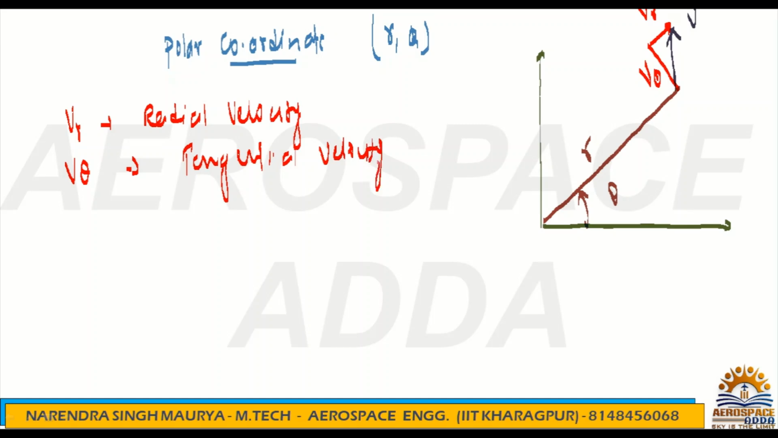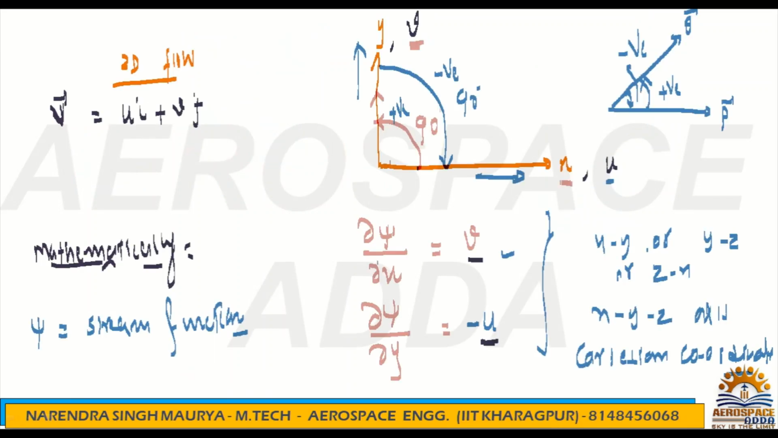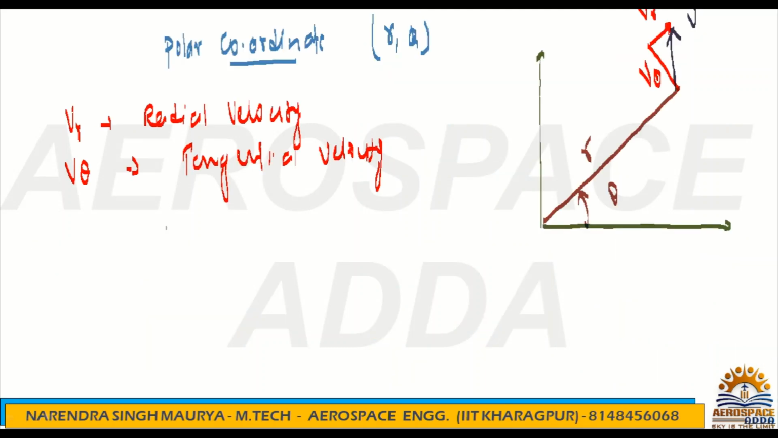Now again, if you are going to define the stream function, we will do the same thing, just like in a Cartesian coordinate where you have defined the stream function. If you take the partial derivative of the stream function in the direction of x, then you will get the velocity in the direction of y, which is nothing but v. Similarly, for the derivative with respect to y, you will get the velocity in the direction of x, that is u. So here also you have to take the partial derivative with respect to theta and with respect